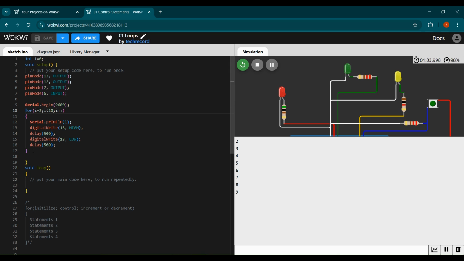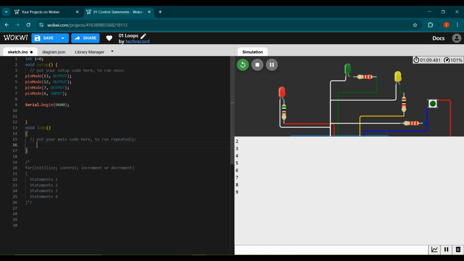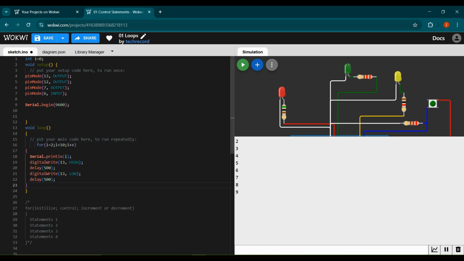So what will happen if I add this for loop in the while loop? Let's arrange this. This is a loop, and this loop is in another loop. This is also called a nested loop situation. So this loop will execute, and then let's add some statement over here so that we can see it, Serial.println, we can write